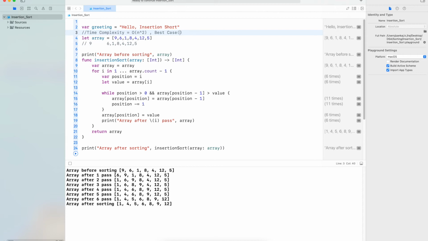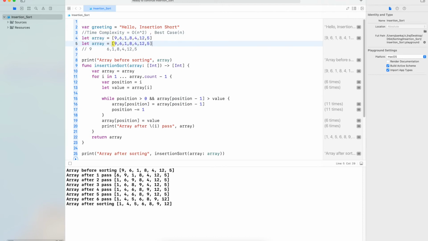I'll show you why. The best case will appear only when we pass a sorted array, so that this line of code will not execute, since the array will be already sorted. We'll see with an example. So we'll write 1, then 4, then 5, then 6, then 8, 9 and 12.